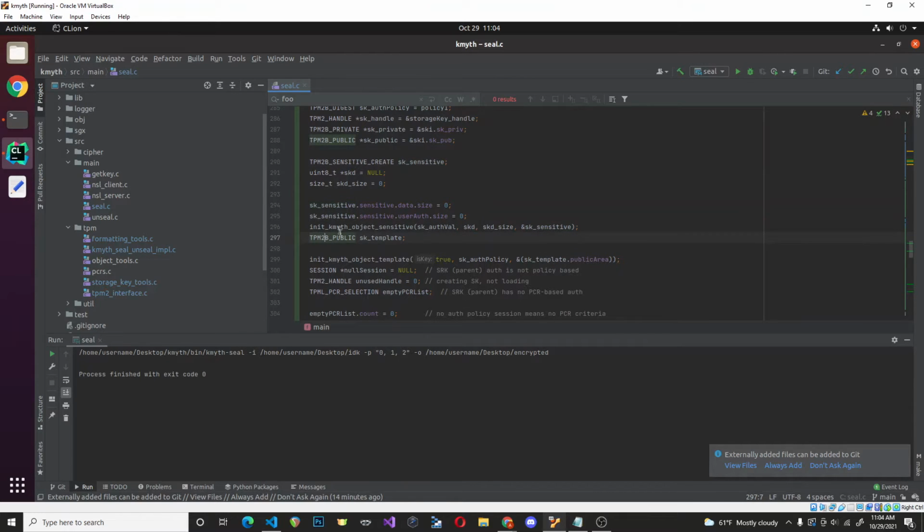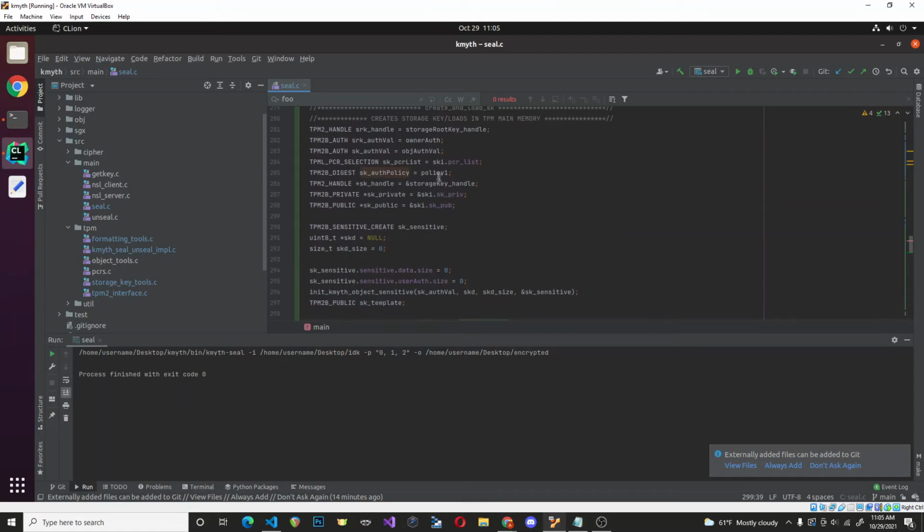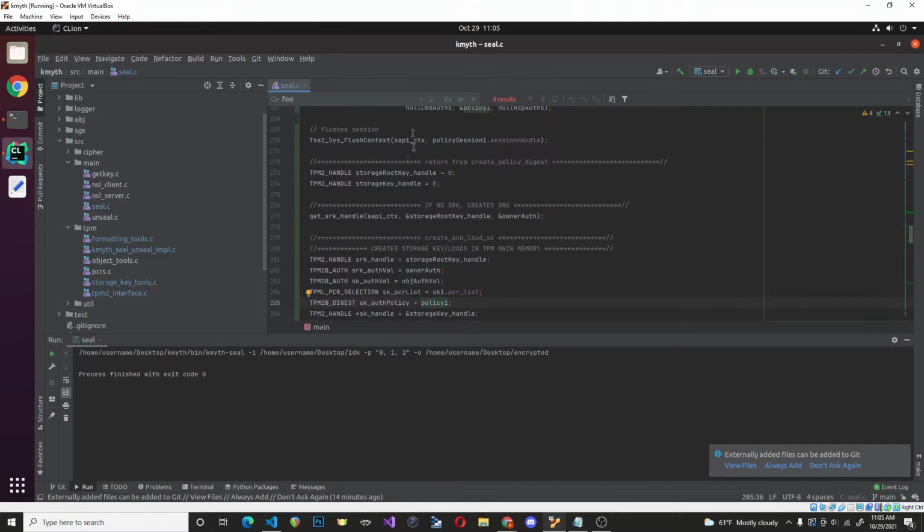And then here, tpm2b public, creating this template, and now we're initializing the public part of the object. So this was to initialize the private part, this is to initialize the public part. The private part is being stored here in sk sensitive, the public part is being stored in sk template. Do note that we have the sk auth policy, which is our policy 1, which is the same policy that